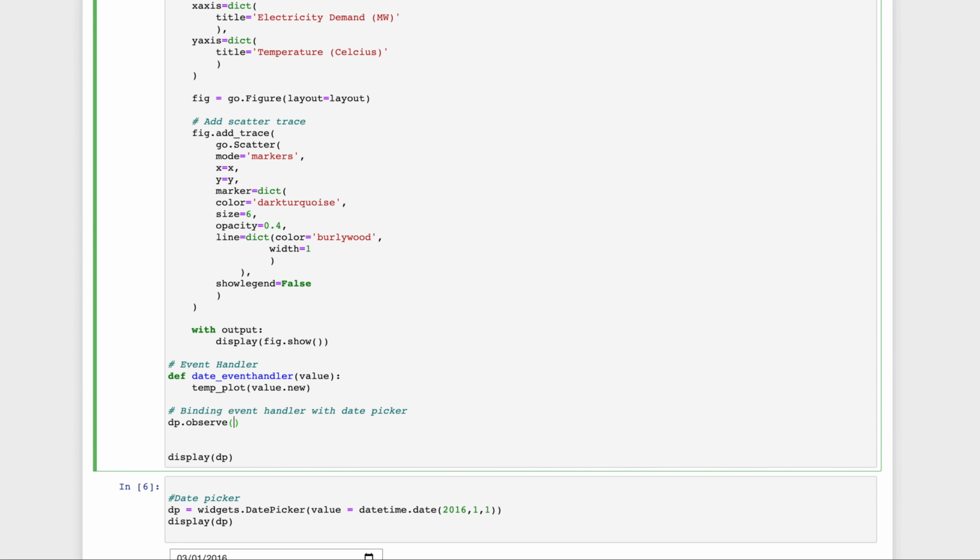And within that observe, we are going to call our function. Whenever we see that button clicked, we want to call the date event handler, which is actually our function that we created here. So we can just copy that. And the event handler, names is equal to